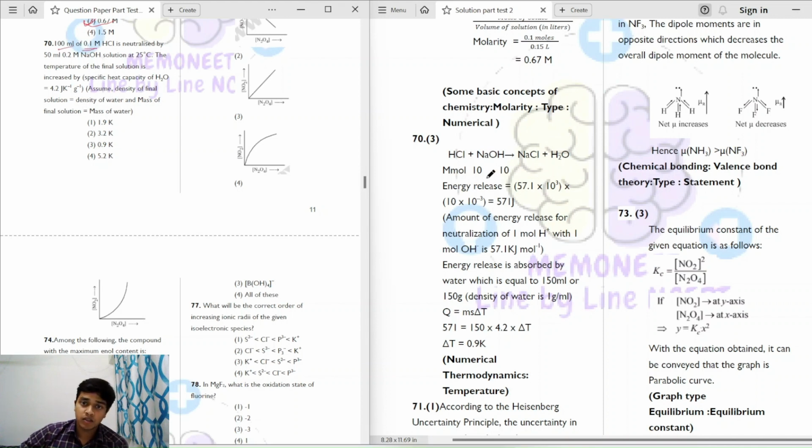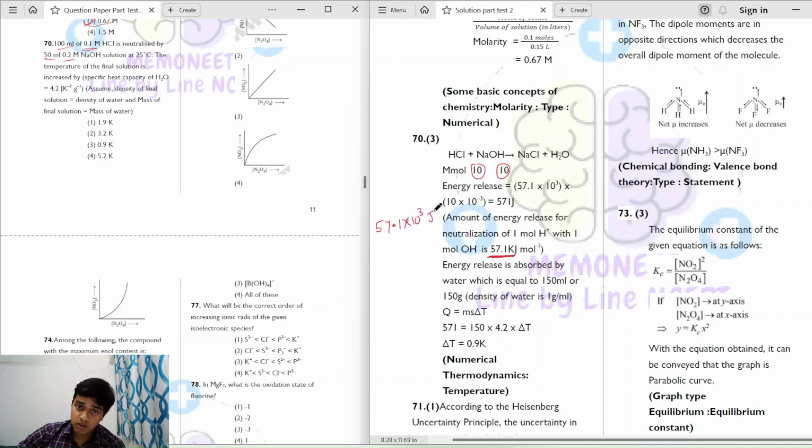So if we find out the millimoles of H plus ions, it will be 10. And if we find out the millimoles of NaOH, we multiply the volume by the molarity. So we also get 10. So the total number of H plus and OH minus ions reacting is 10. So the energy which is released when 1 mole of H plus and 1 mole of OH minus react is 57.1 kilojoule. So for 10 millimoles, what will happen is that